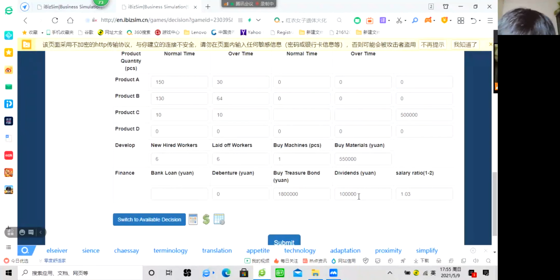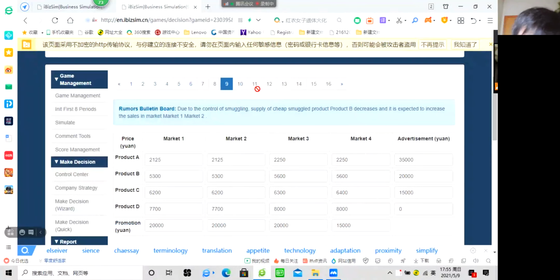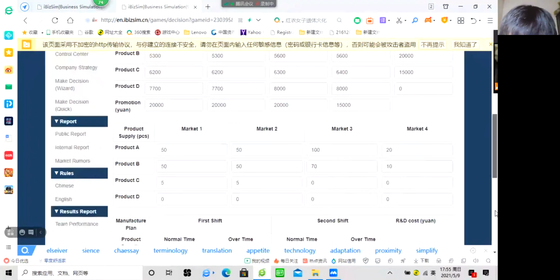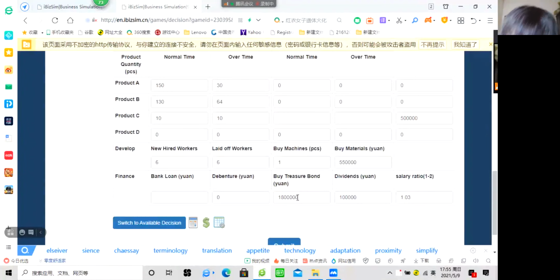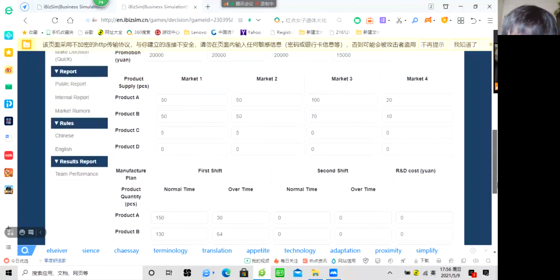Okay. We need to give dividends to shareholders. But from my point of view, maybe in quarter 9, quarter 10, or quarter 11, we will not give money to the shareholders. We will put all the money into the next stage, the next quarters. And this is by trial bond. This is no good because our main task, our main business,